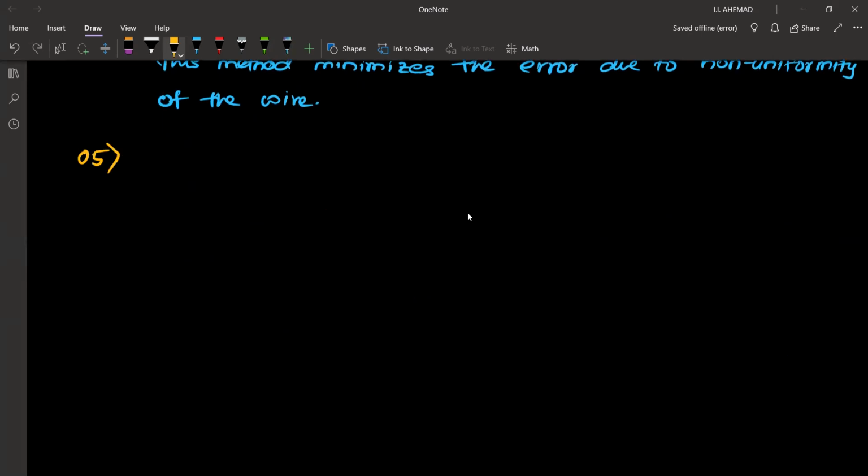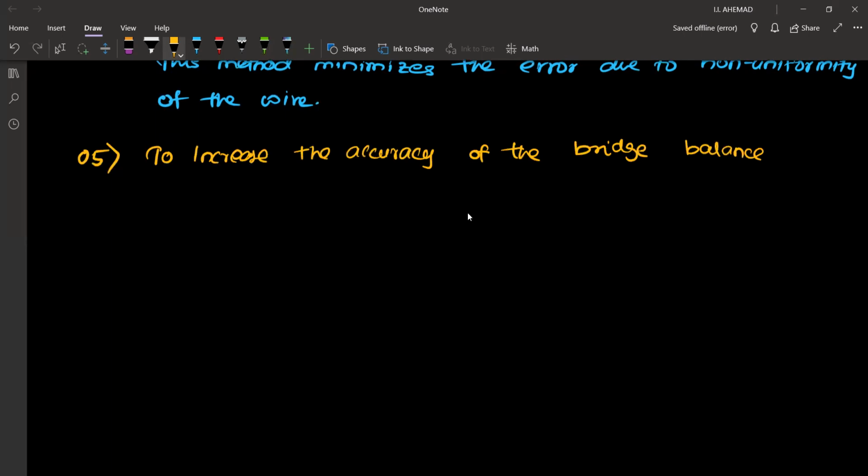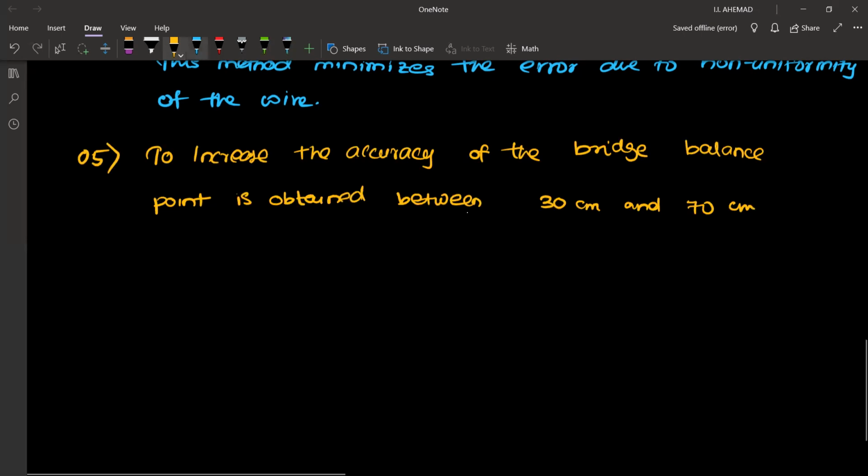Fifth one, to increase the accuracy of the reading, the bridge balance point is obtained between 30 centimeter and 70 centimeter. Now, in this meter bridge, our balance length can come anywhere in this edge or this